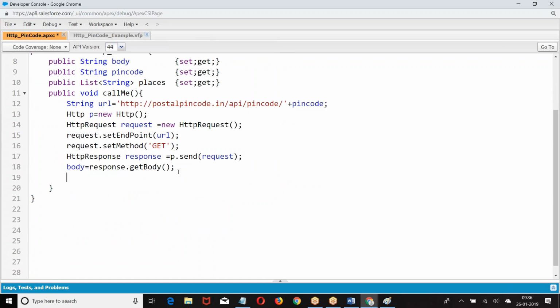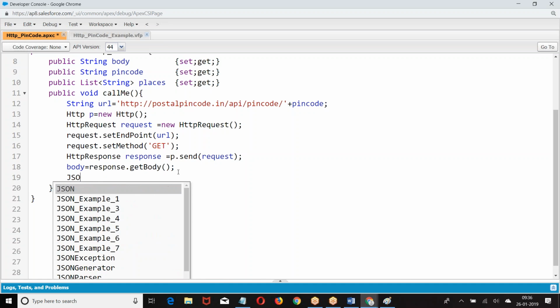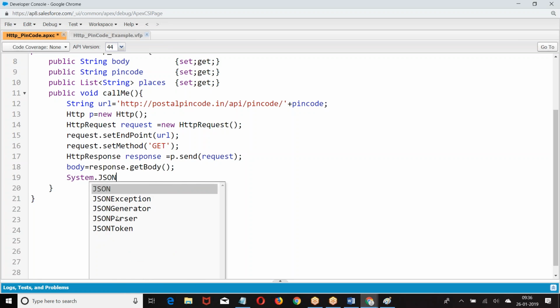How do you deserialize it? Do you know which format we are going to get? Do you have the corresponding class for that format? No, I don't want to take the entire data, and I don't know what the complete format is going to be. So I will just go with the JSON parser.